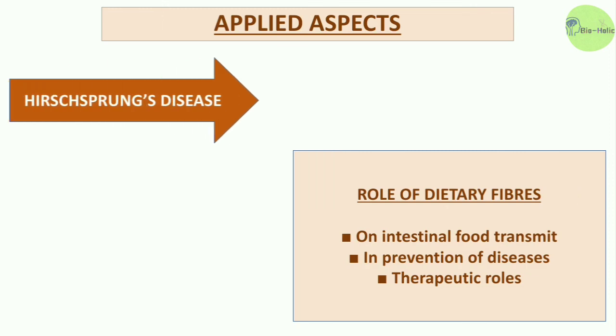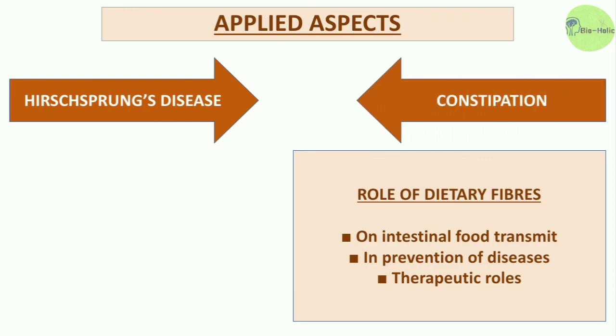Number 1 is the Hirschsprung's disease or aganglionic megacolon disease, which refers to the congenital absence of Auerbach plexus in the wall of rectosigmoid region that leads to blockage of both peristalsis and mass contractions at the aganglionic segment.